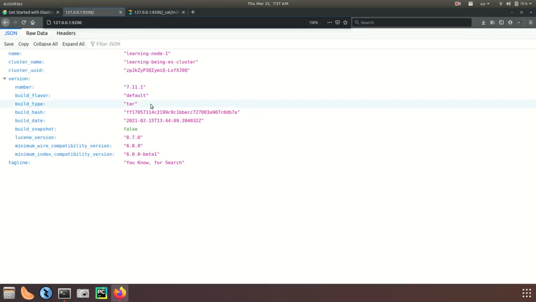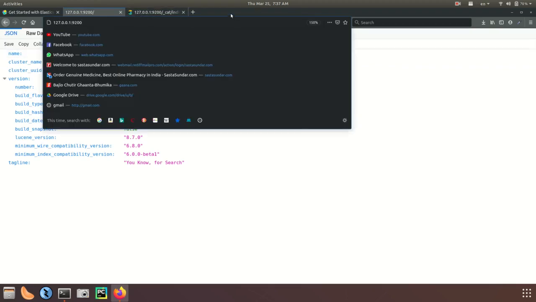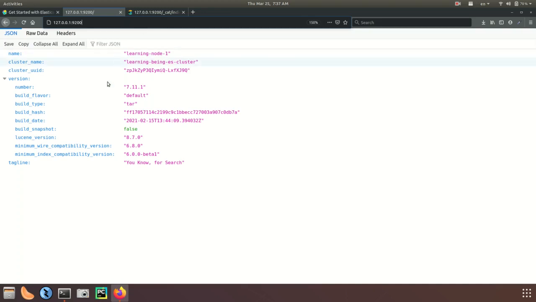So if we want to create an index, we need to do a write operation in Elasticsearch. For doing the write operation, it is not possible to run any POST or PUT operation from this address bar. So we need some REST client, maybe Postman. Here we are not going to use any REST client like Postman. Instead, Elasticsearch provides a dedicated REST client, that is the Kibana development tool. We will be using that. For that, we need to download